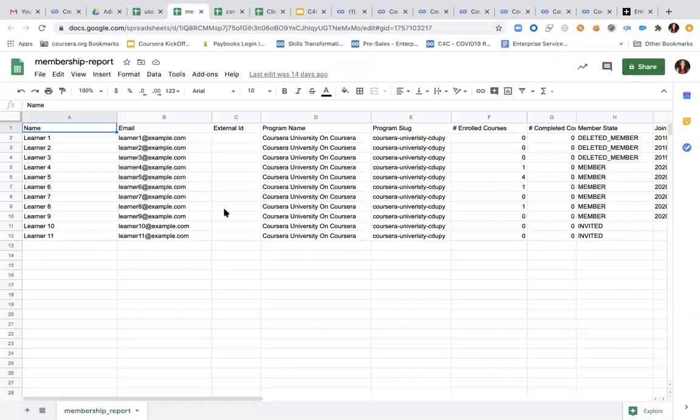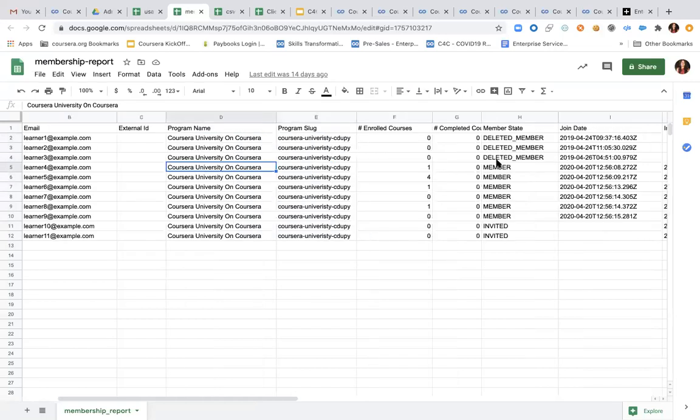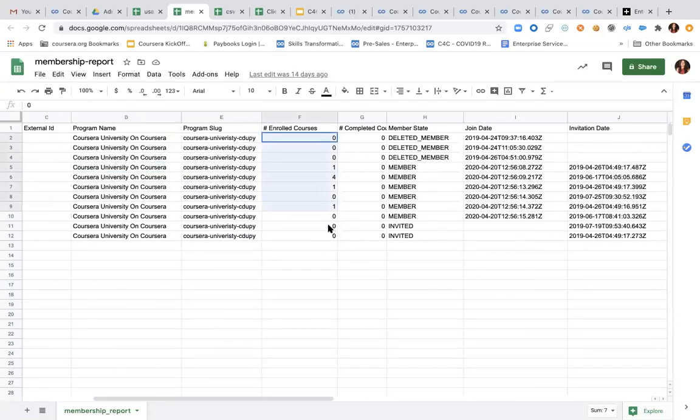The first report is the membership report. The membership report contains a high-level overview of each learner. This is a sample report. You can see that if I have 11 learners, I have their details, name, email ID. If you have already filled the external ID, that will pop up here, which program they are a part of. And then you will also see how many courses each student has enrolled into and how many of them they